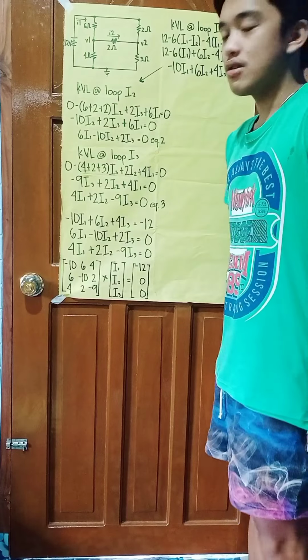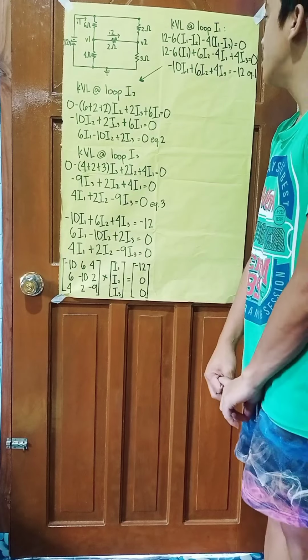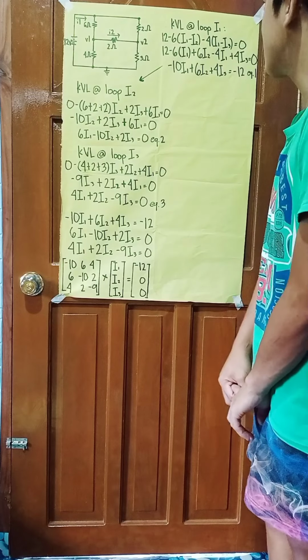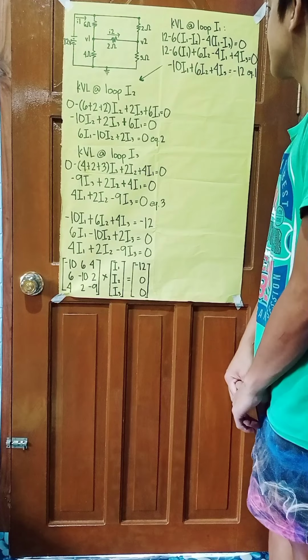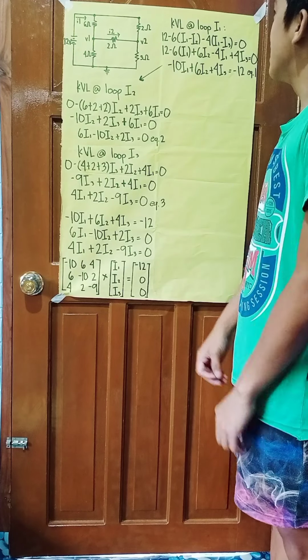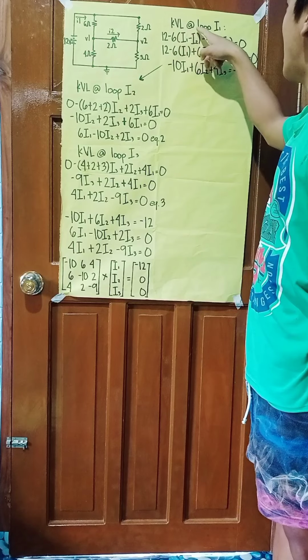This is the Module 8 quiz. Using mesh method, find the V1, V2, the I1, and I2. So first, the steps in mesh method, we need to find the Kirchhoff's voltage law, or the KVL, at loop